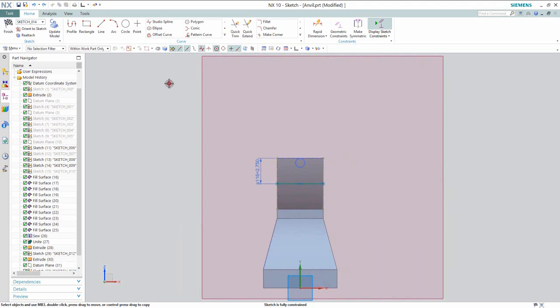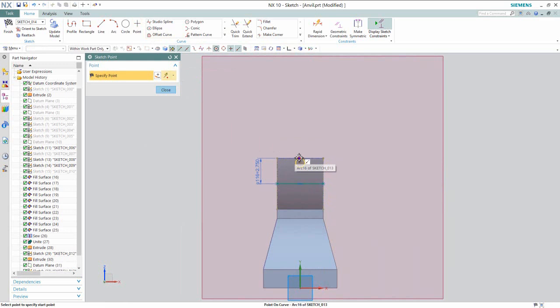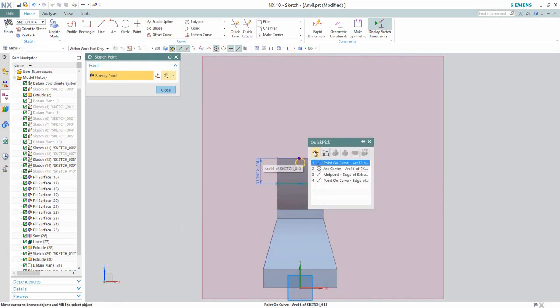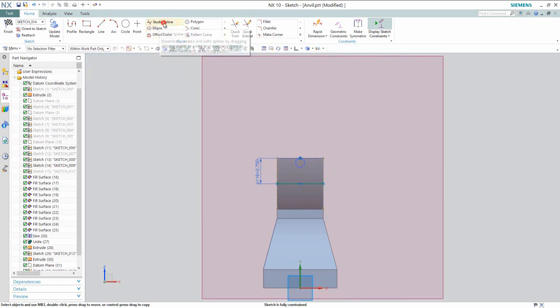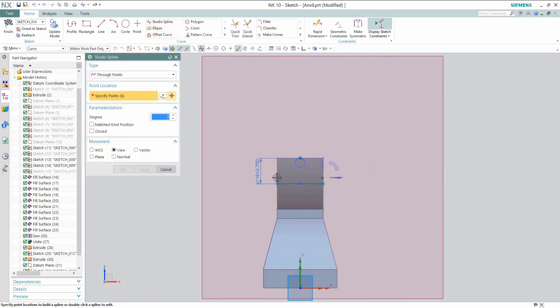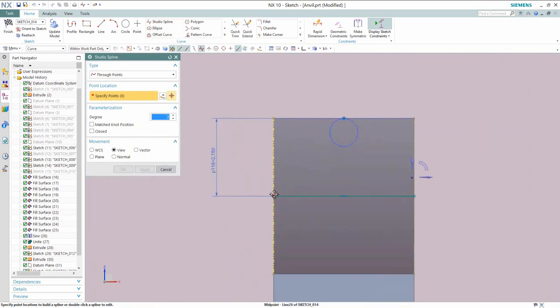Now create a point from the midpoint of the edge. And create a studio spline from this point and this point. Okay, that's it. And this point.